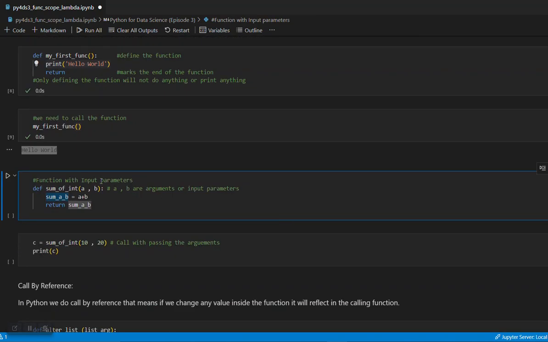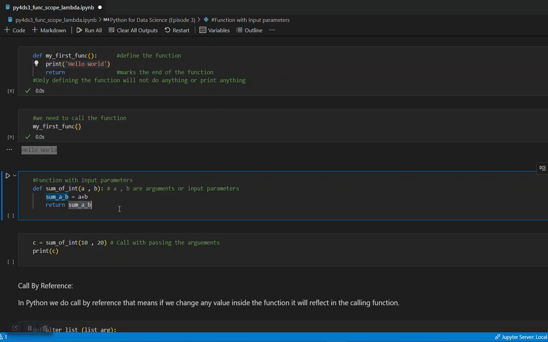Then this is an example where the function accepts two arguments, right? So the arguments are a and b. Once it accepts the arguments, then it does some kind of operation. Here I am just doing a sum of these two arguments, and I am storing it into a variable which is this one. Then I am returning that sum.